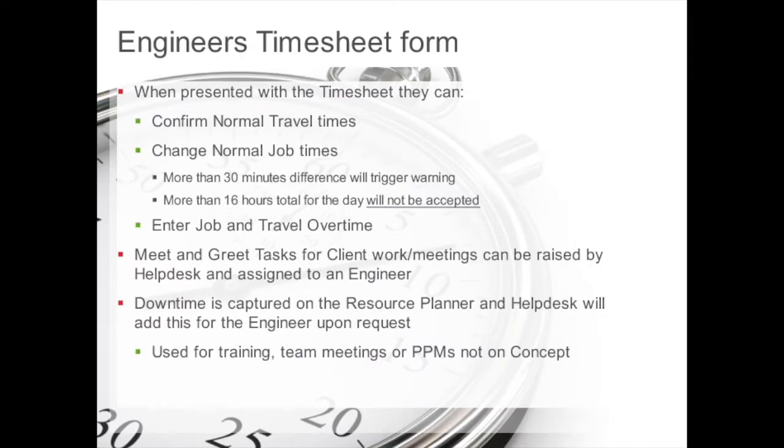So engineers can use the timesheet forms to confirm their normal travel and working times and adjust the times to include overtime. If the timesheet for the day exceeds 16 hours, it'll need to be raised with the contract manager or line manager. You will need to assess the whole working day and, if approved, ask the help desk to